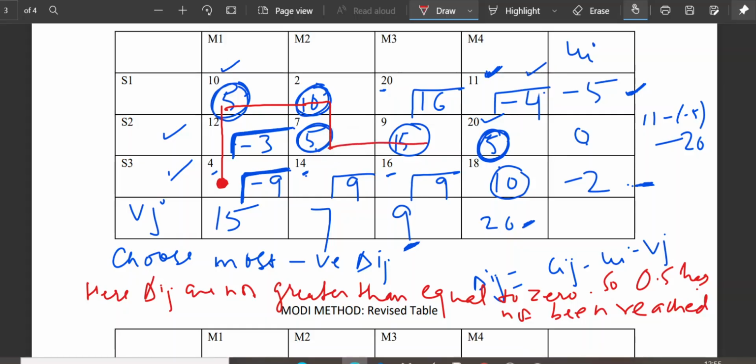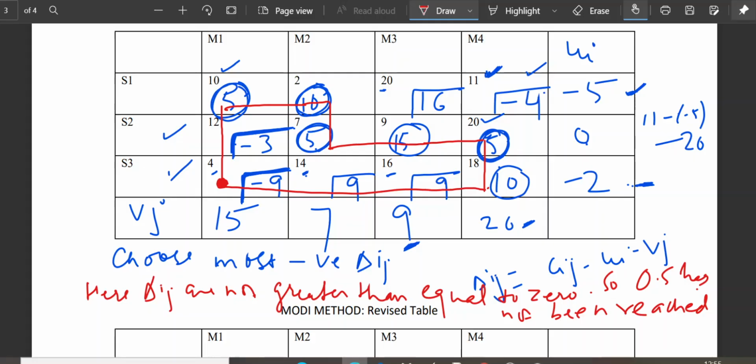So I go to this 15. But from 15 I cannot move down because there is no circle. So I have to move further. So I come to this 5. Now since 5 is a circle, I can change my direction. I come down. Now from this 10 I will go to the point from where I started making my loop.